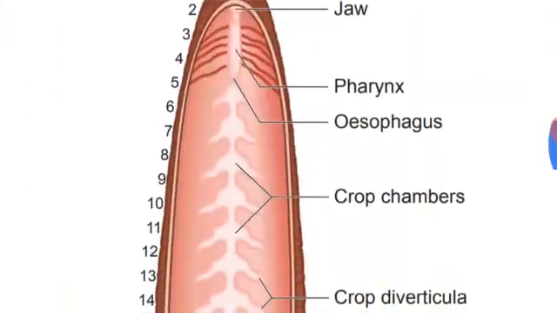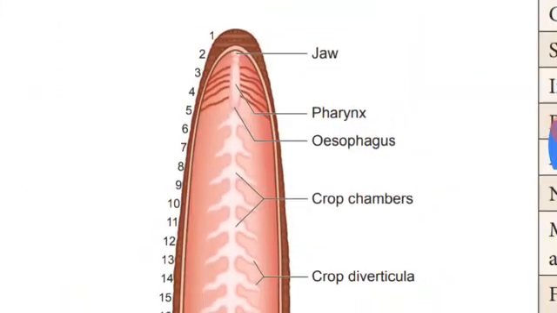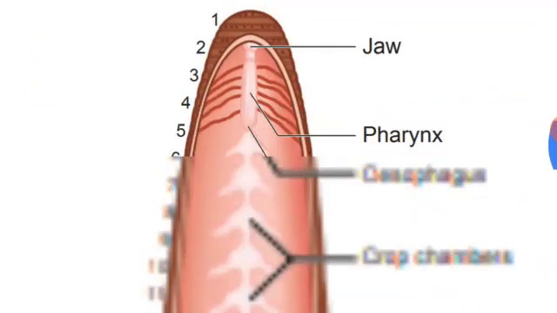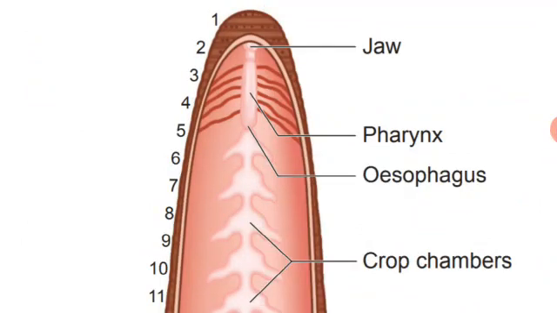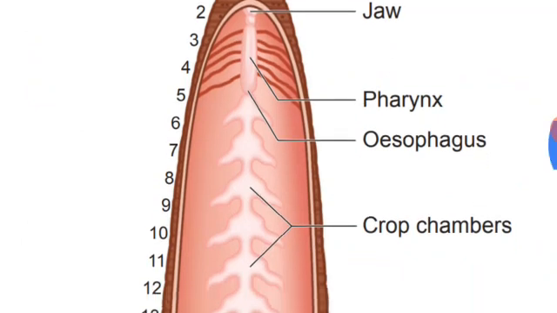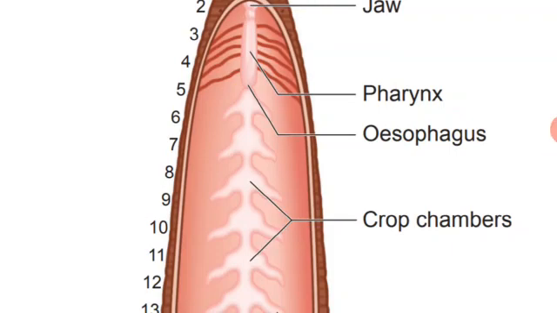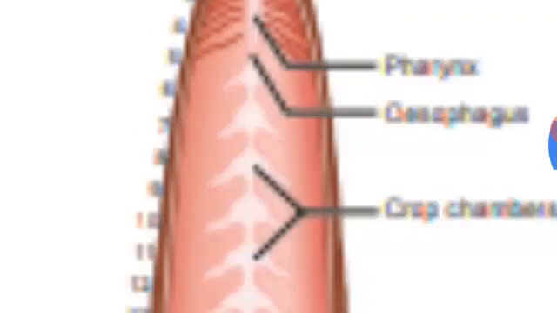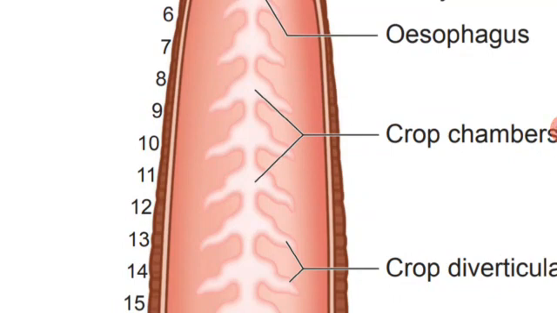Now just see the picture. Digestive system of leech. That is the presence of jaws. This starts from the mouth and then the jaws. The jaws lead to a small buccal cavity, and the buccal cavity leads to the pharynx. The pharynx is surrounded by salivary glands, and then the pharynx opens into the esophagus, and the esophagus opens into the crop. These are the crop chambers, the blood storage organ of the leech.